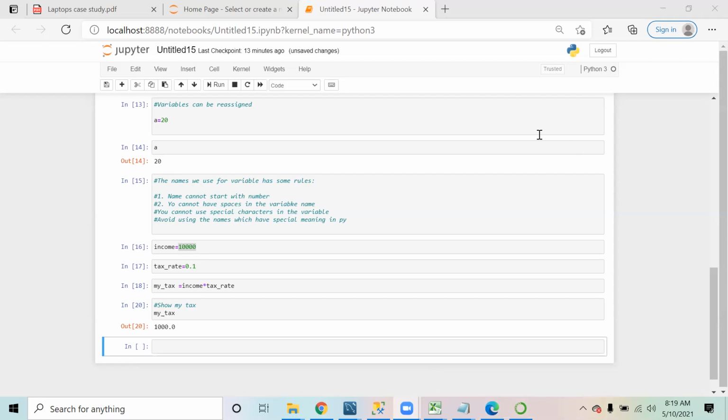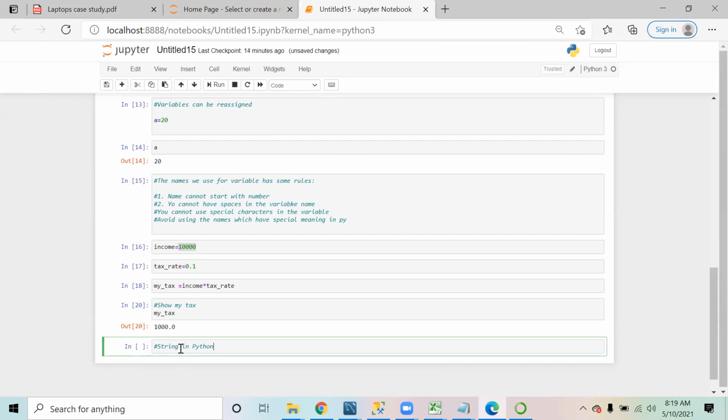Now, the next thing that we will see is how strings work in Python, right? So now we were just seeing the numbers, how we were working with numbers in Python. Now we will see how we can use strings in Python. What is a string? A string is character data.